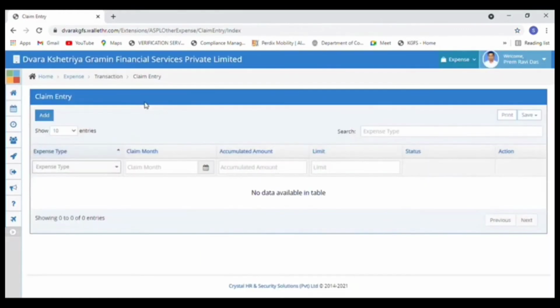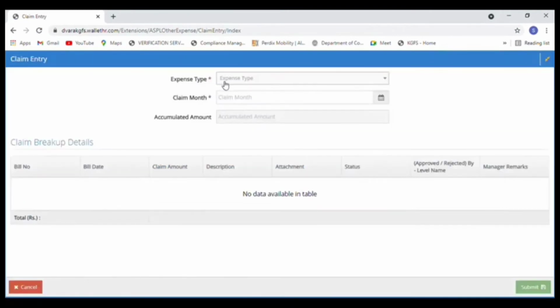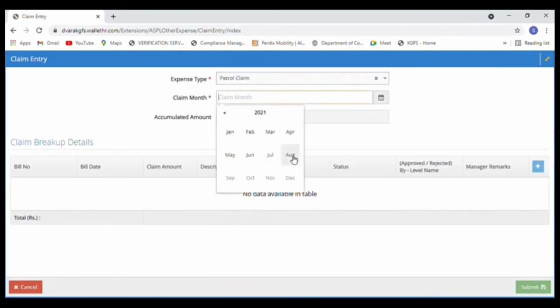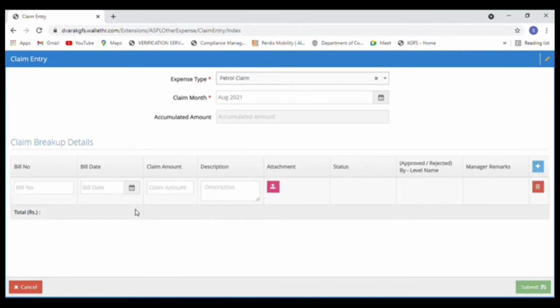You will be able to add the entries, expense type, expense month, and you can add all the details like bill number, bill date, claim amount, description, and click the save button to save your entry.